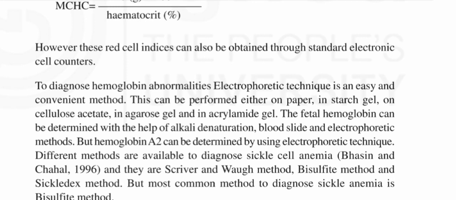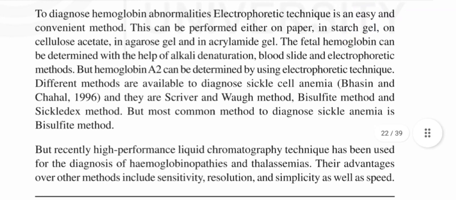Different methods are available to diagnose sickle cell anemia. Bhasin and Chahal 1996 mentioned the Scriver and Walk method, bisulfite method, and Cycladex method. But the most common method to diagnose sickle anemia is the bisulfite method. But recently high performance liquid chromatography technique has been used for the diagnosis of hemoglobinopathies